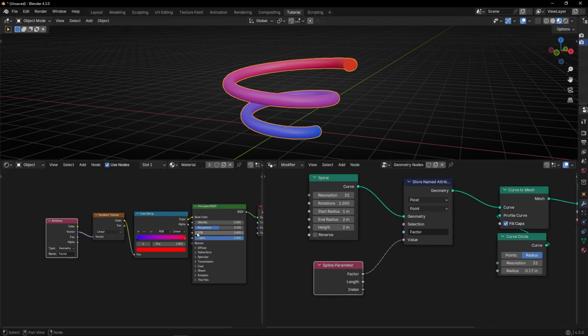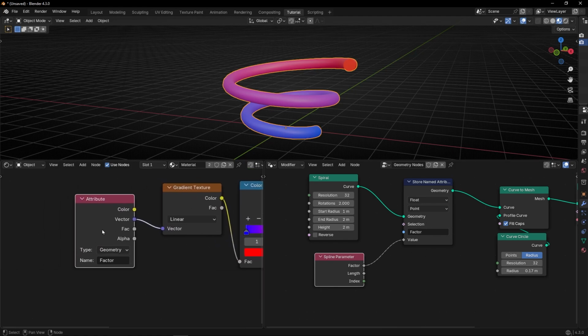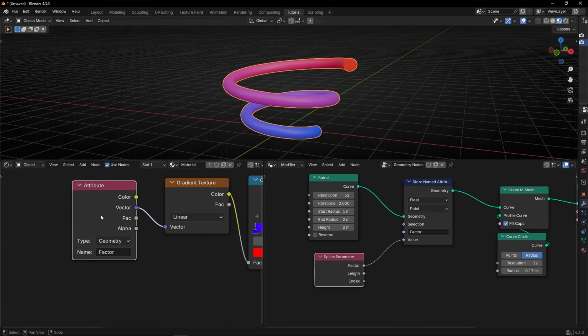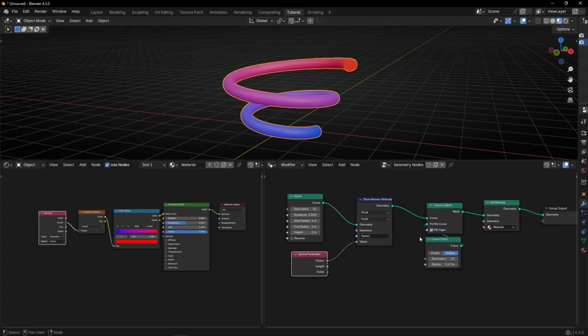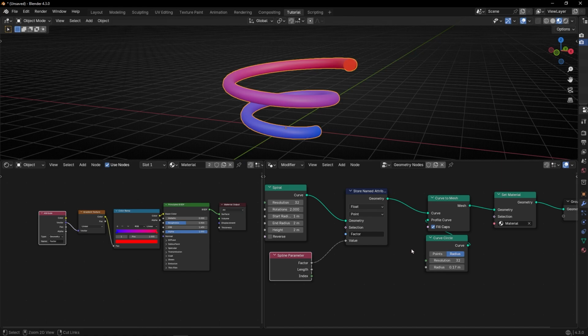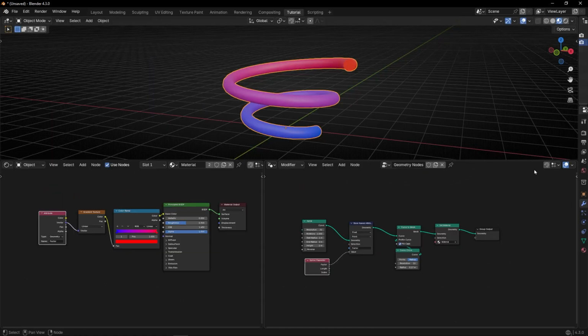Because thanks to a store name attribute, we are storing this attribute and we are sending this information to the shade editor, and thanks to this node, we can read this information. Another way to do it that I was doing at the beginning, and a lot of people do it at the beginning, is instead of using a store name attribute, what you can do is to, for example, let's open this,